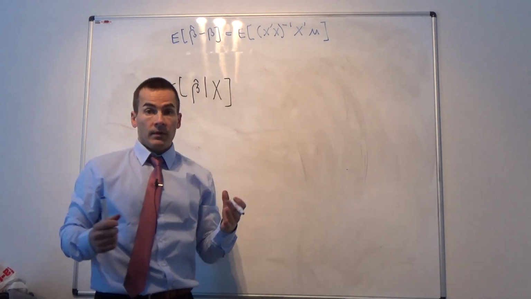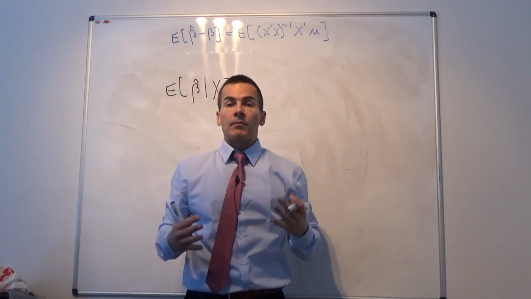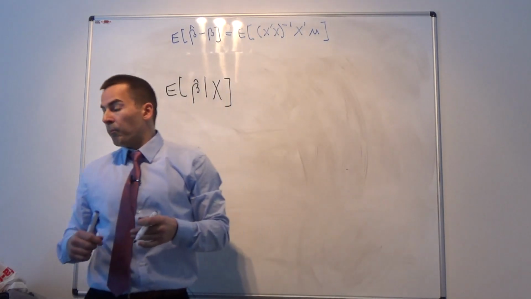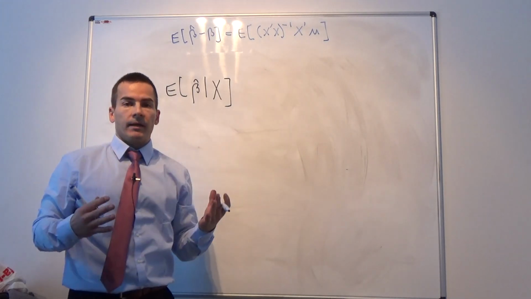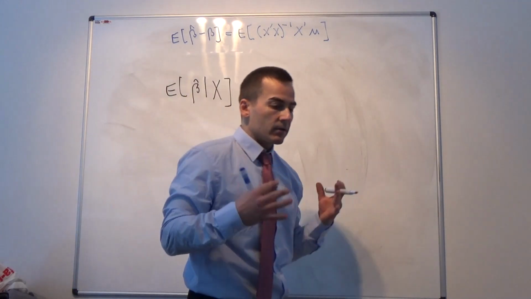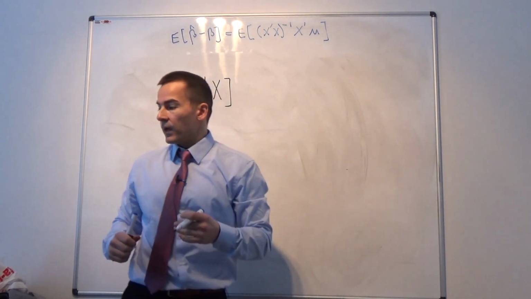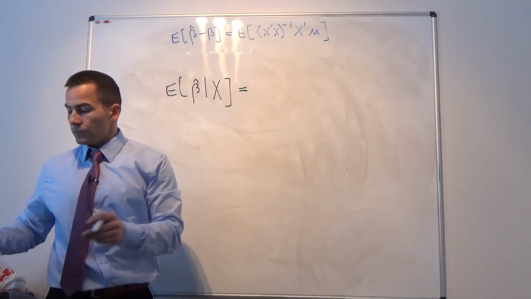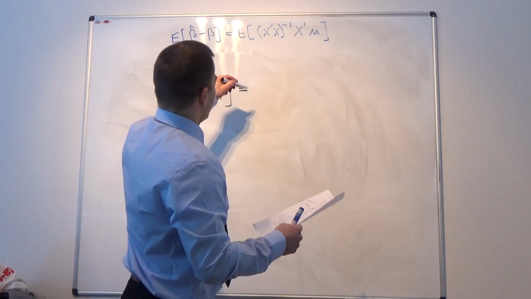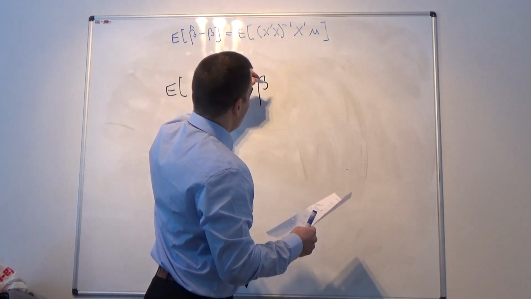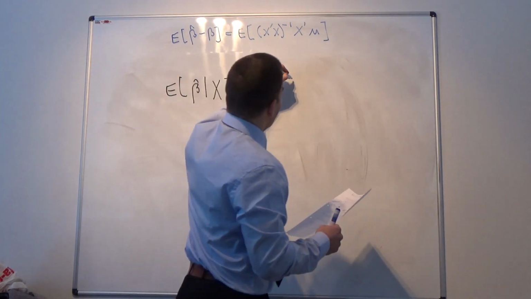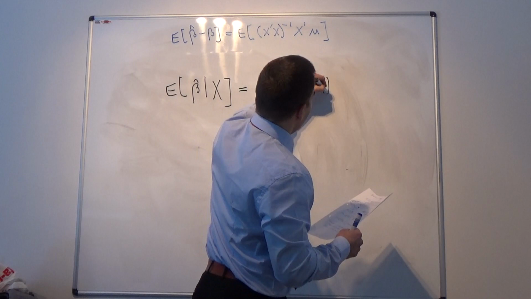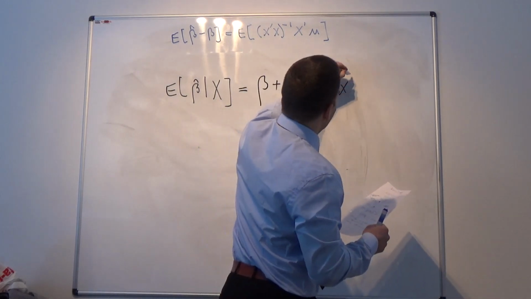Because once we deviate from our strict assumption that our regressors are exogenous, they can also be random, but in case they are uncorrelated, if our regressor matrix X is uncorrelated with U, what follows is that our equation becomes, it's still beta plus the expectation of X transposed X inverted times X transposed